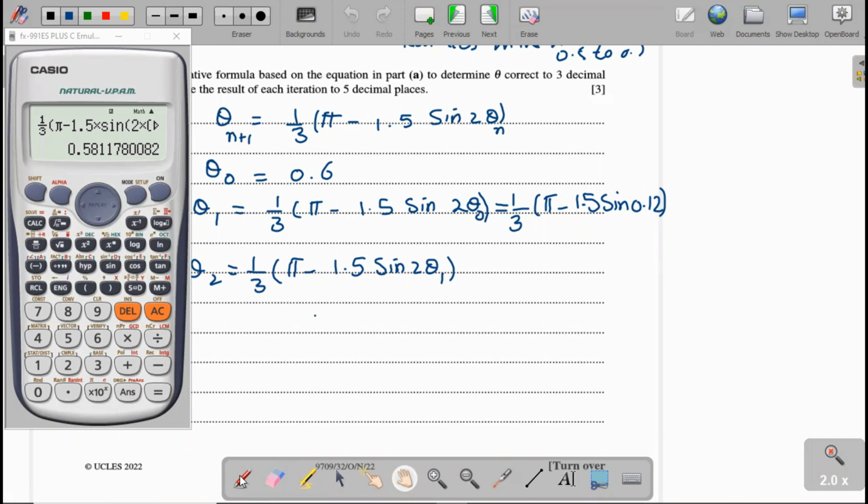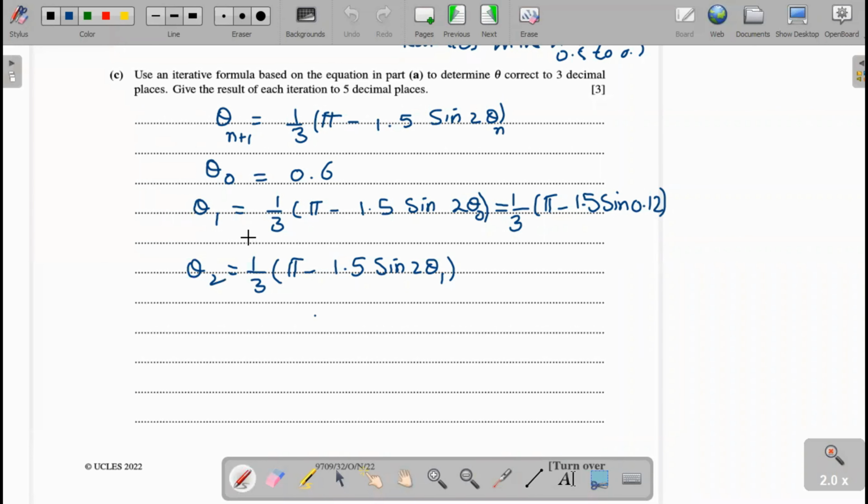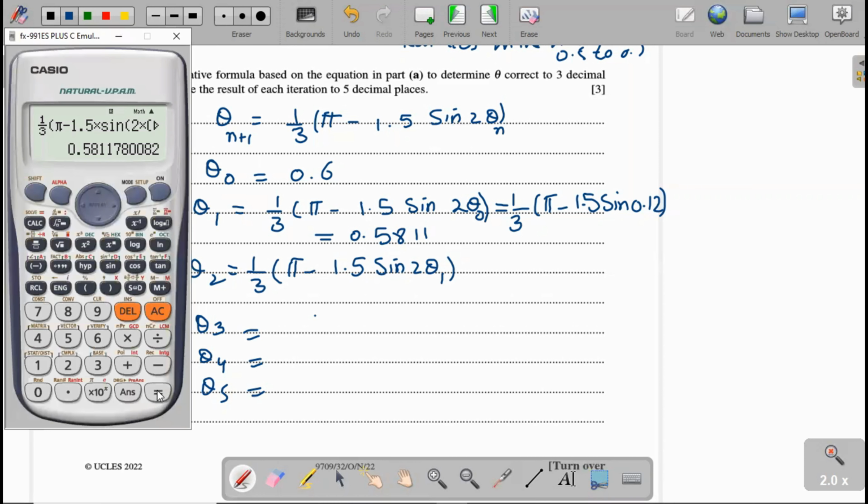Now we can write it as 0.5811. Now we can calculate the other values, theta 2, theta 3, theta 4 and theta 5, until the values become the same. Now you can calculate this by using the formula here. In this formula we can write it as, now we write the formula. Now here is the formula. This is the answer. Now we write the formula 1 divided by,